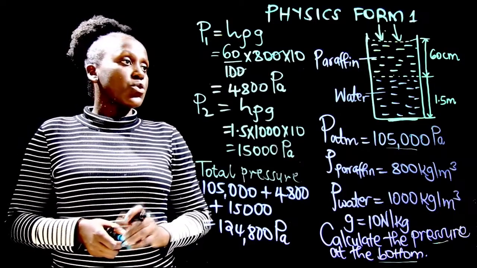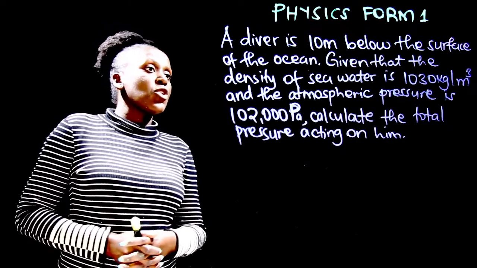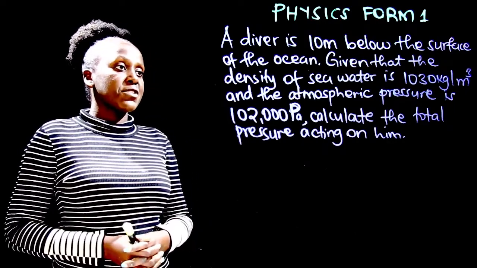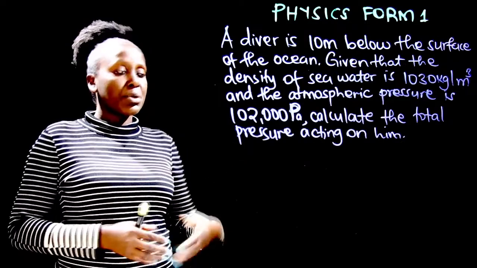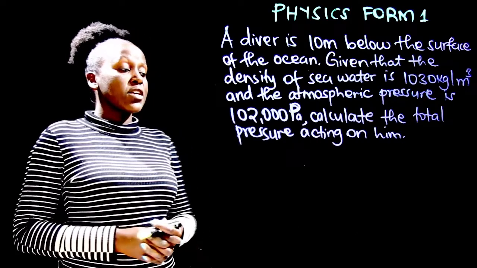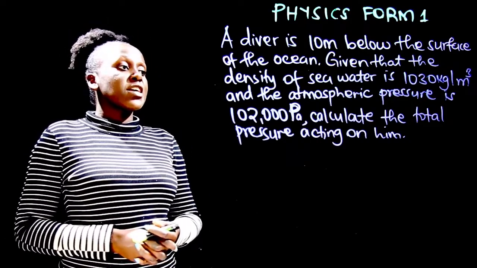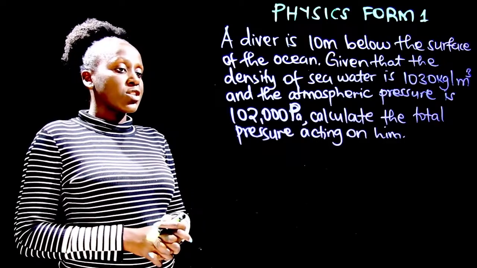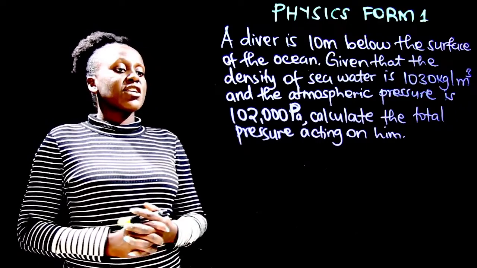So let us do one more example. Now in this question, we have a diver who is 10 meters below the surface of the ocean. So divers are those people that swim deep in the oceans. Now given that the density of seawater is 1,030 kilograms per meter cubed, and the atmospheric pressure is 102,000 pascals, calculate the total pressure